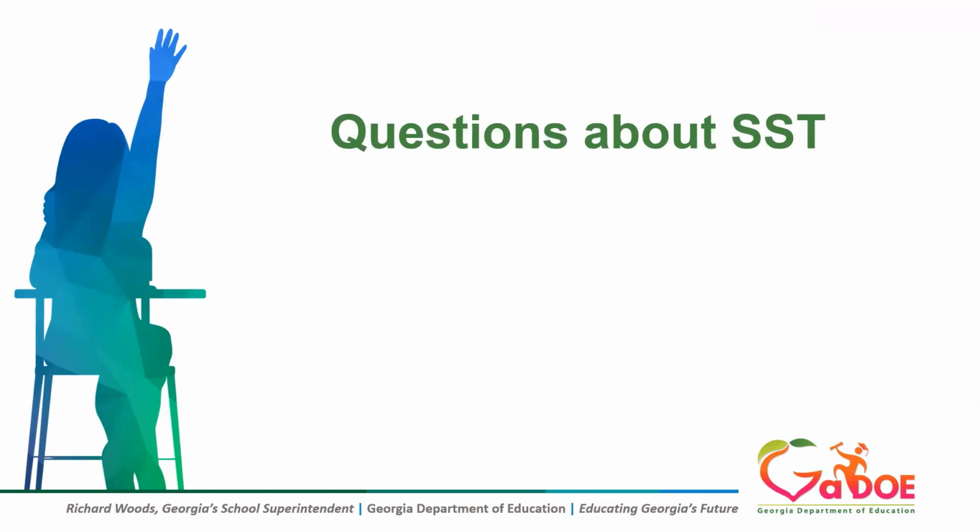Thank you, Launa. So we have questions about SST. What does an SST plan or next steps look like for a student? So I mentioned earlier that MTSS is for all students, and so intervention supports are provided for all students. This includes students with and without disabilities who are showing signs of struggling. So teachers use their data to figure out the instruction needed to help students be more successful.